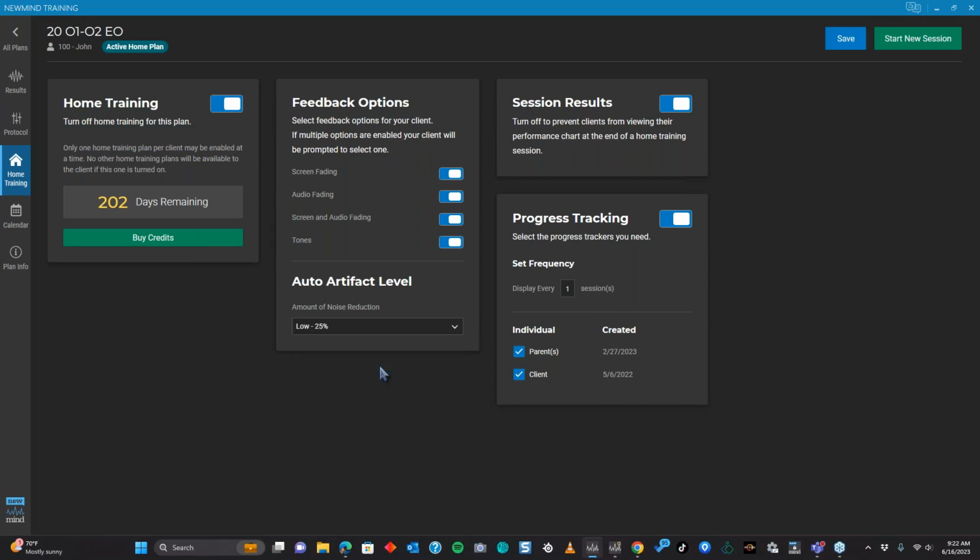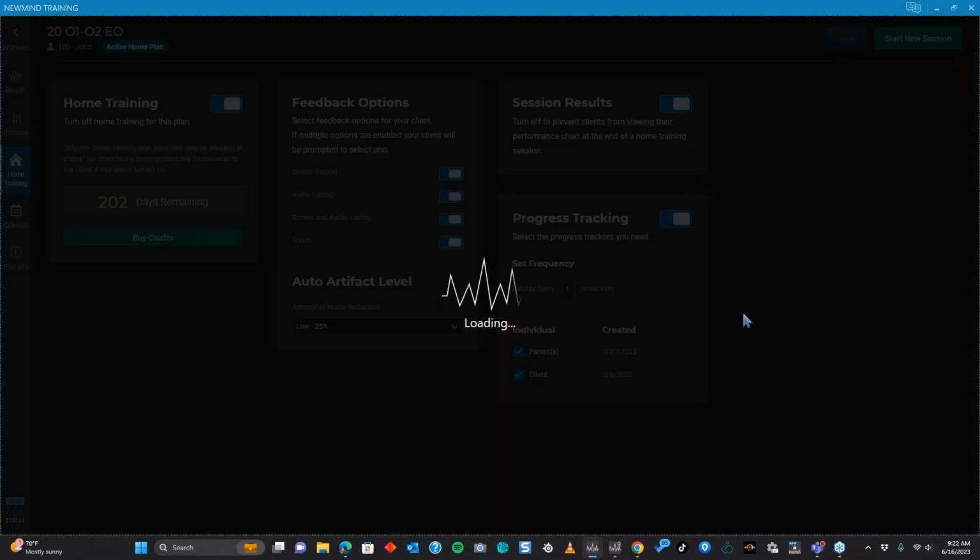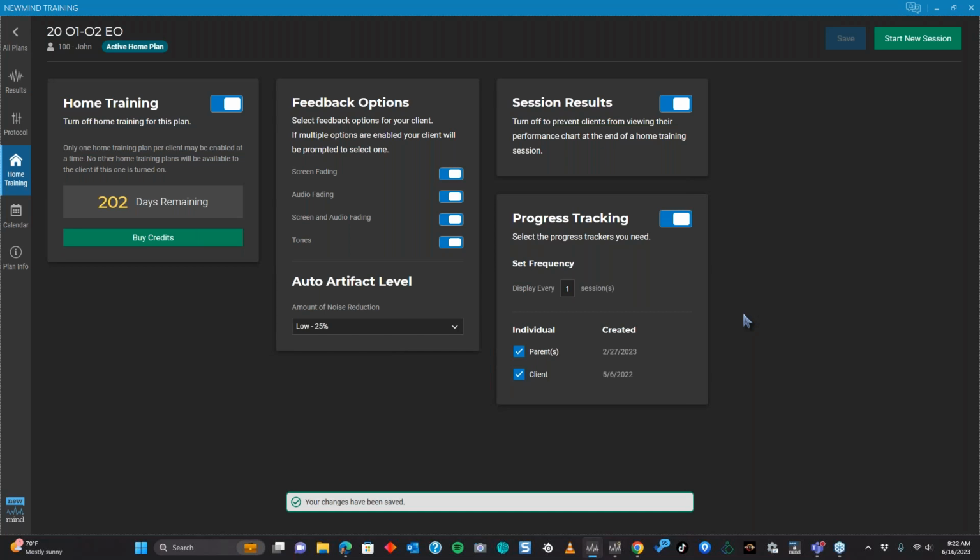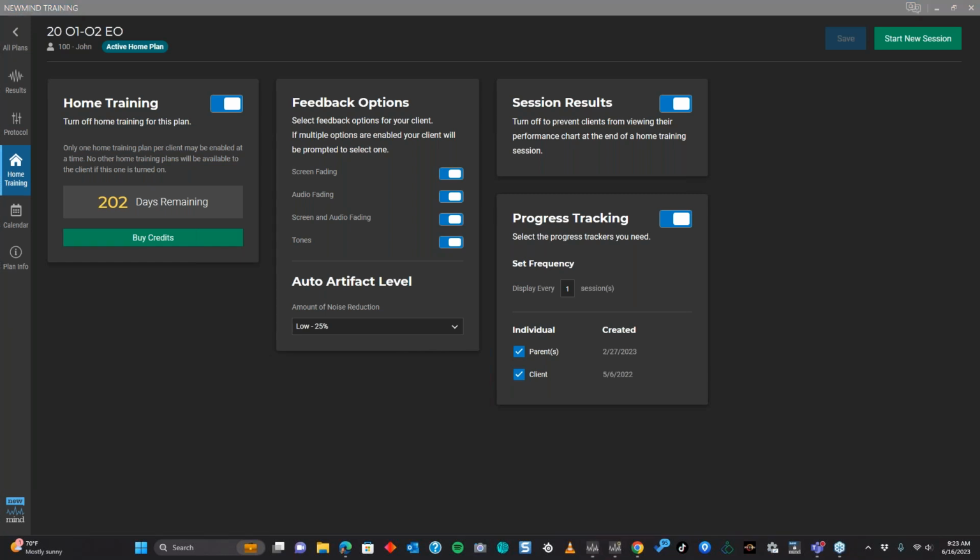Once it's saved, I'm going to instruct the client to reopen the home training software, log back in, and try it again. If we still can't get past that 3-minute mark, we're going to repeat that, have them close their home training software, drop it to 25%, and save that again. Once we know it's saved, again, instruct the client to reopen the software, log back in, and attempt it again. Preferably, 25% is the lowest I would choose to go and still feel comfortable. I really would prefer not to